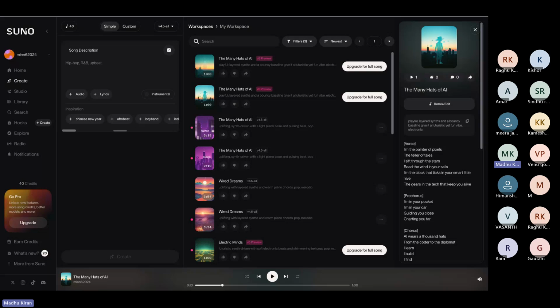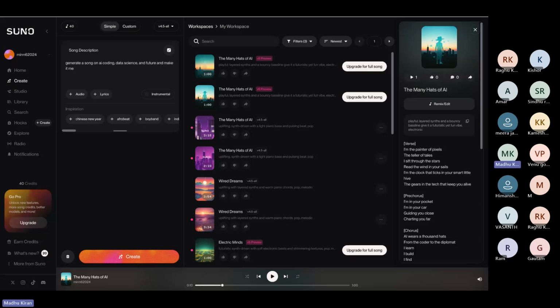So let me generate a song for a very generic prompt. You can also type it in the chat if you want to give me suggestions on the prompt. First, let me try to generate a song on AI coding, data science, and future, and make it a melody.